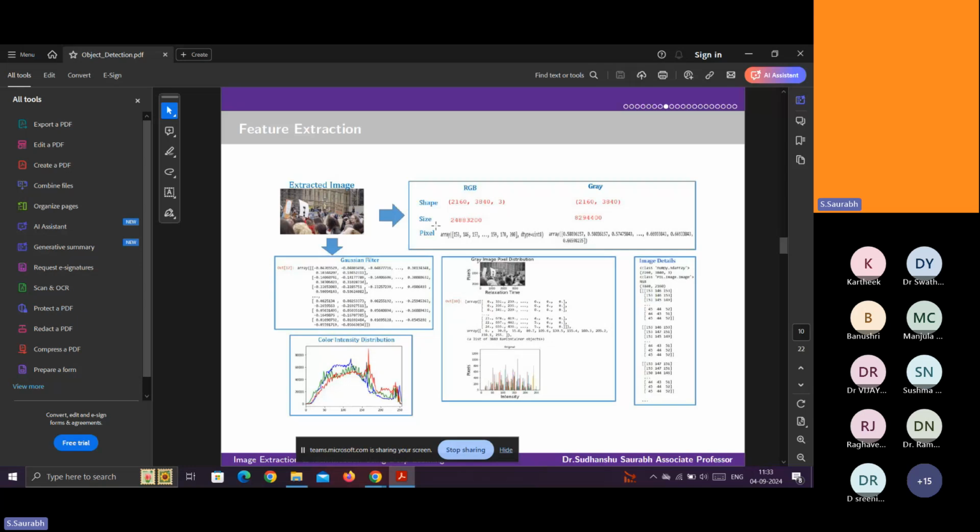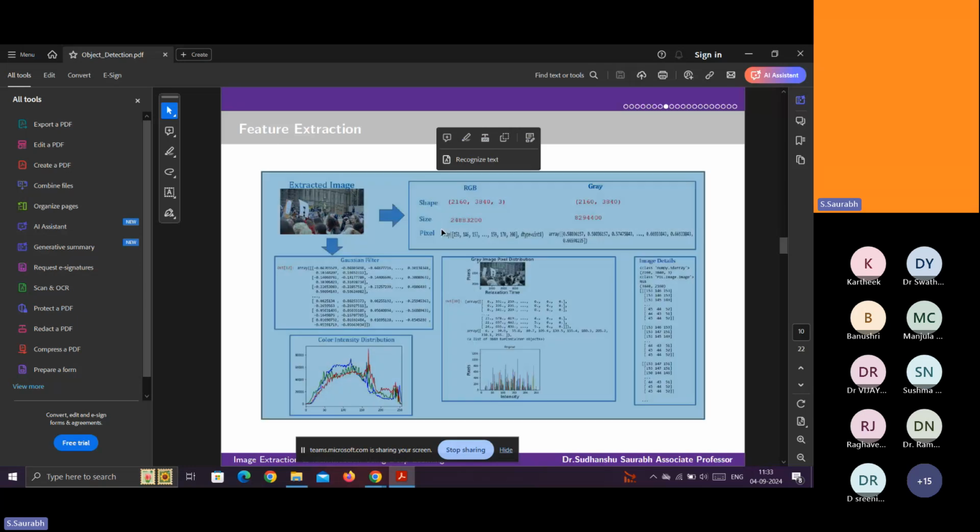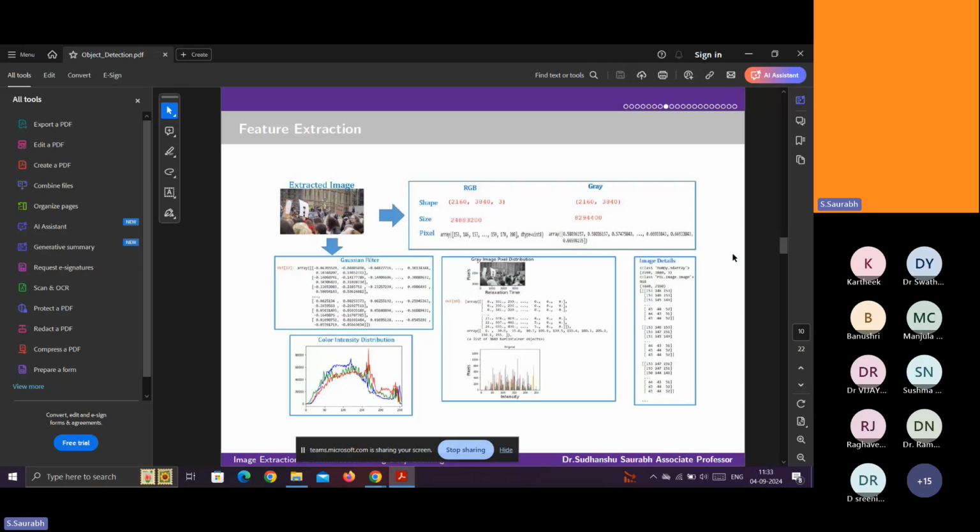You can say pixel values, numerical, and convert those numerical values, those pixels, and then finally you can train. So look at here. This numerical data is processed as NumPy data, and it is generated for this particular image.